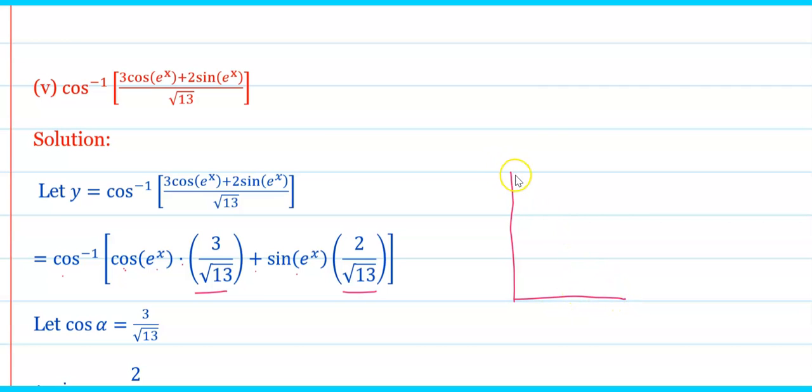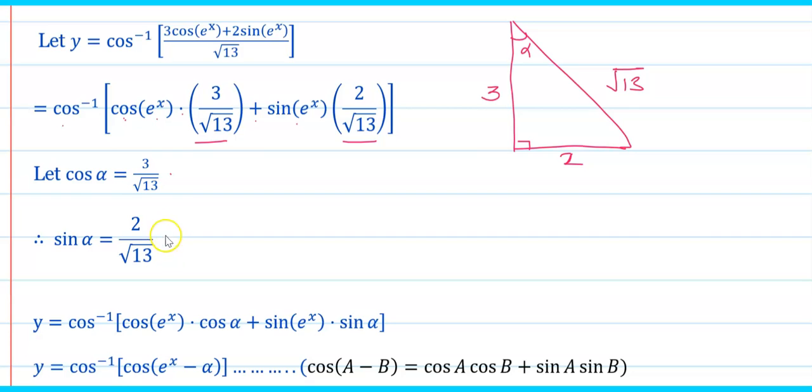See this here. Okay, the 90 and this is the alpha. Adjacent side must be 3. Hypotenuse is root of 13, opposite side is 2. Therefore 3 upon root 13 is cos alpha, 2 upon root 13 is sin alpha, and hence